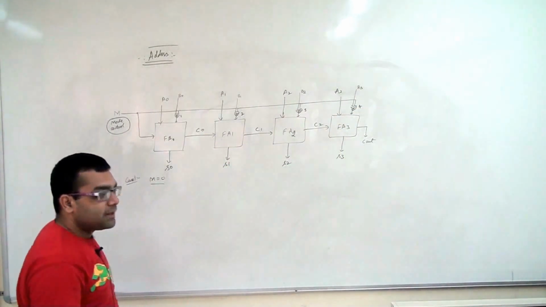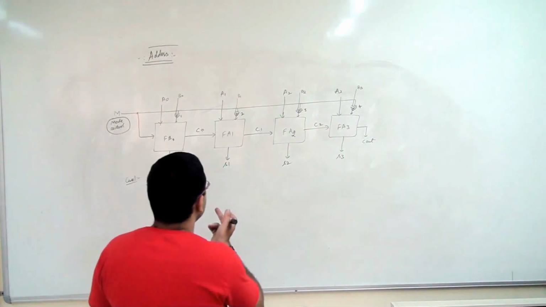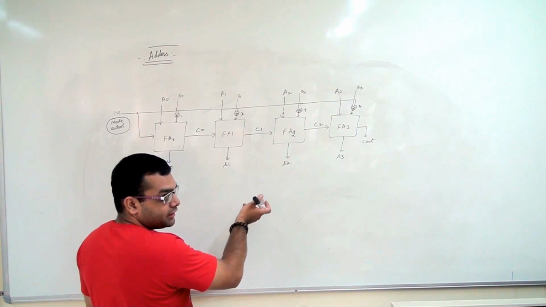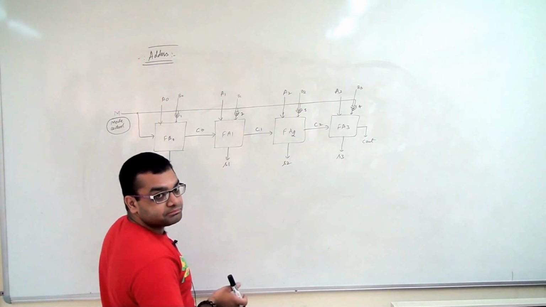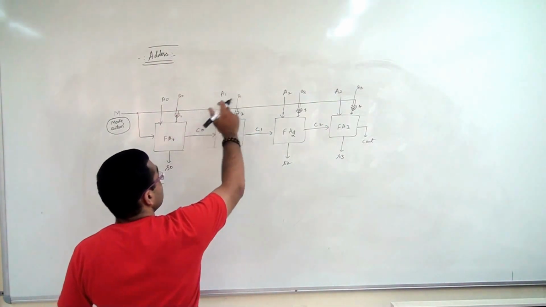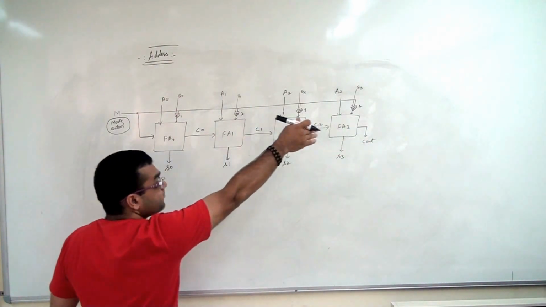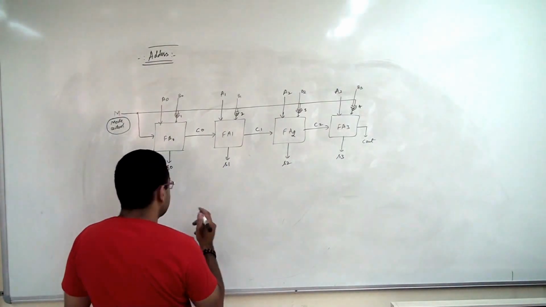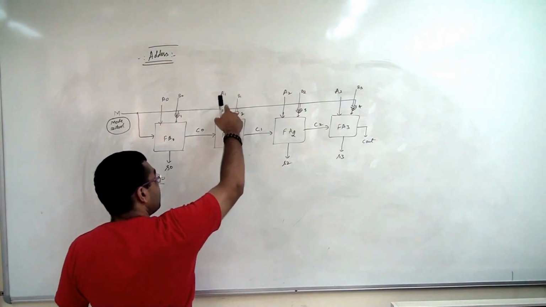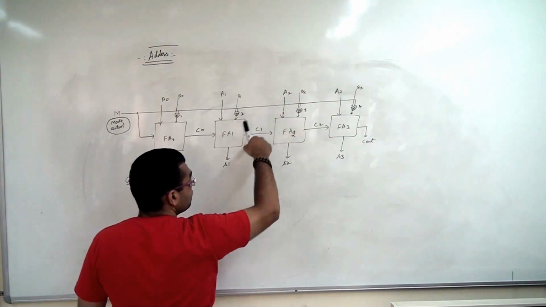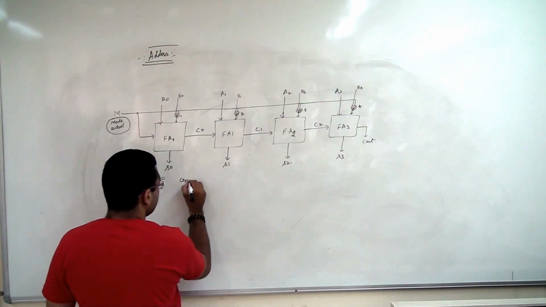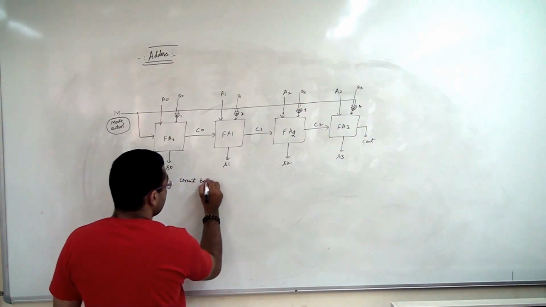Now, we just saw the property that if one of the inputs to the XOR gate is 0, like we had X and Y, if Y is held at 0, the output is X. So M is 0, so my output of the gates will be B0, B1, B2 and B3, and the carry input is also 0. So actually what we are performing is A0 plus B0, then A1 plus B1 plus the carry, A2 plus B2 plus the carry and so on. So when M is 0, my circuit behaves as an adder.